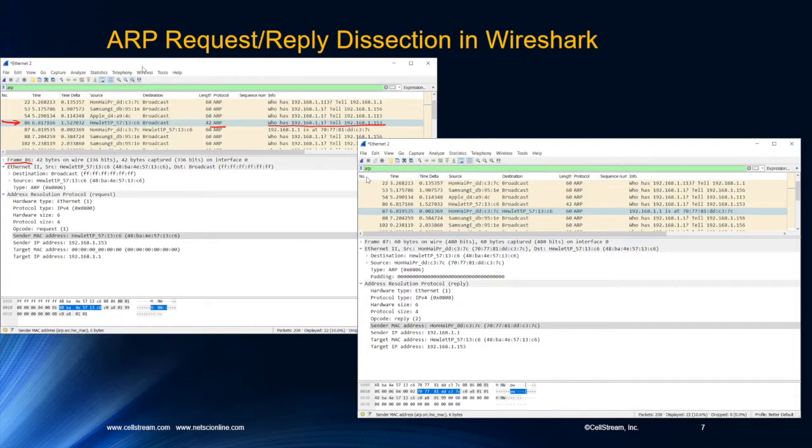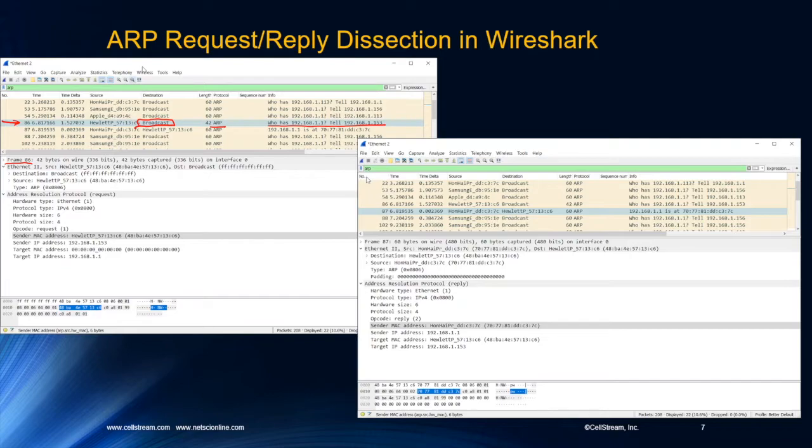It's basically translated the contents of this and says, who has 192.168.1.1? Please tell 192.168.1.153. So this 1.153 is the one that is actually sending out this message. We also see that this is broadcast, so this is going to be sent to everybody on the local area network, trying to resolve